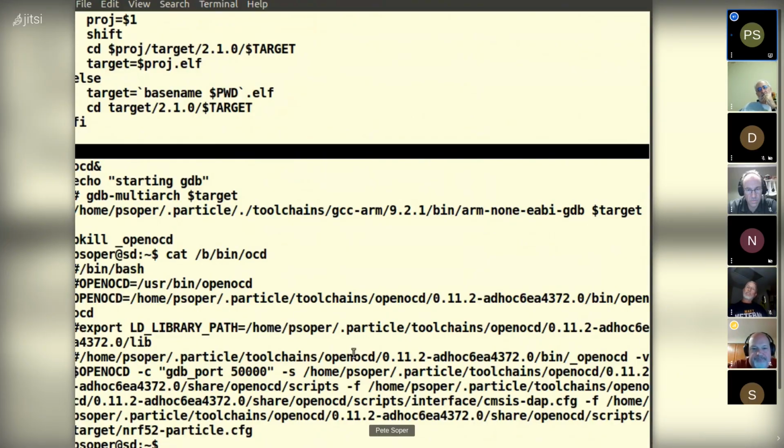It talks to OCD, and OCD talks to GDB. It's not JTAG, is it? It's SWD. Yeah, it's effectively JTAG. It talks on port 50,000 using local area network sockets.